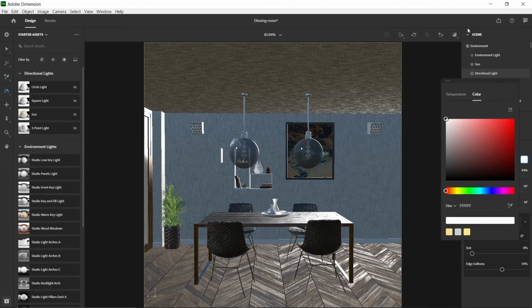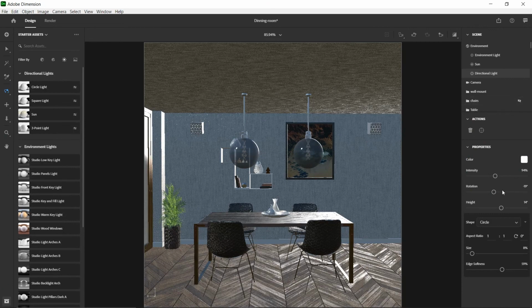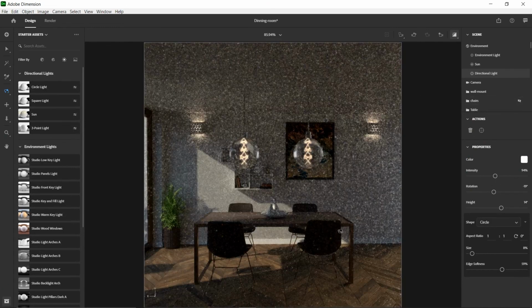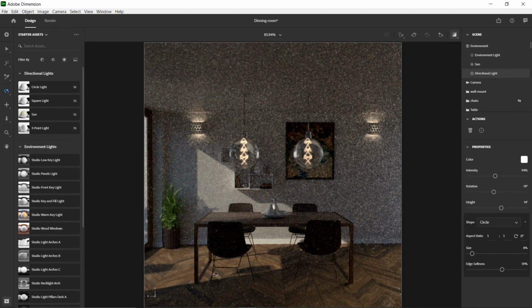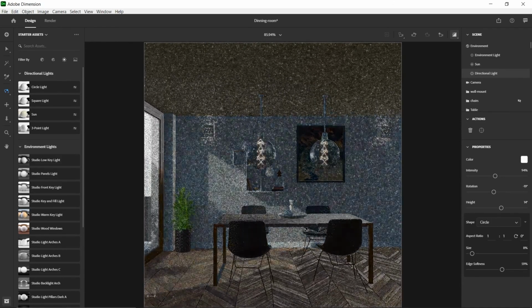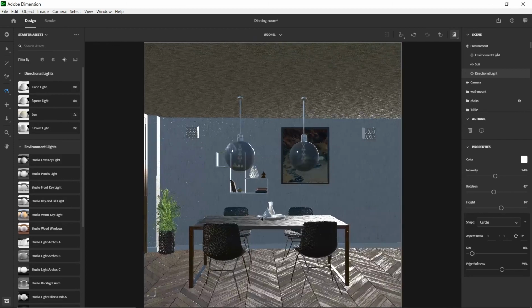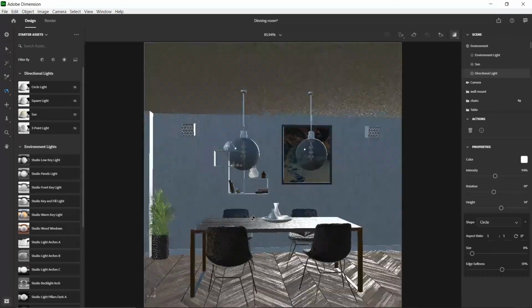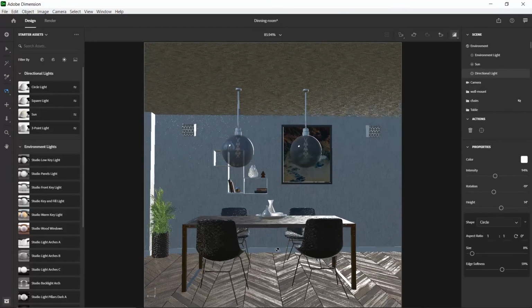For this one, I had the color on white, and played around with the intensity, the rotation, and the height of it. It just adds another layer, this white spot here, kind of breaking up the warm to something cool. And I'm not a professional,